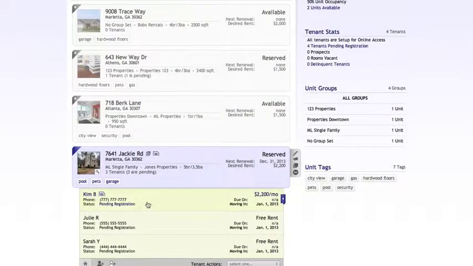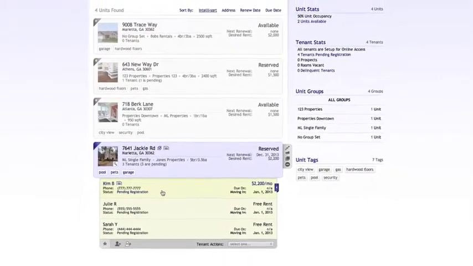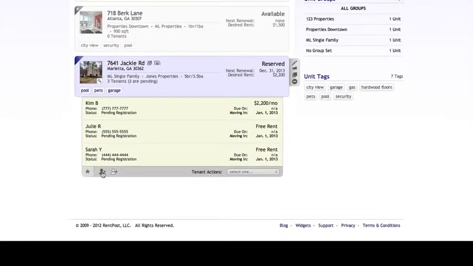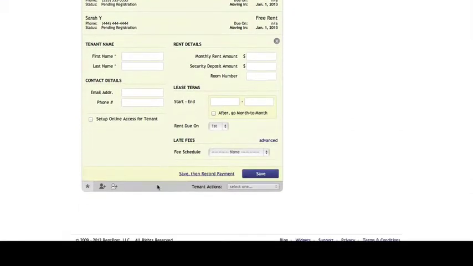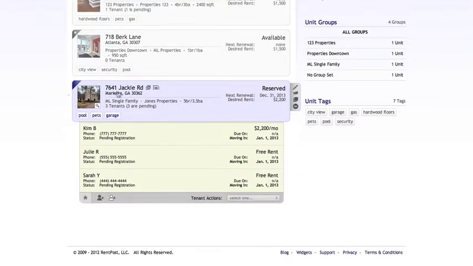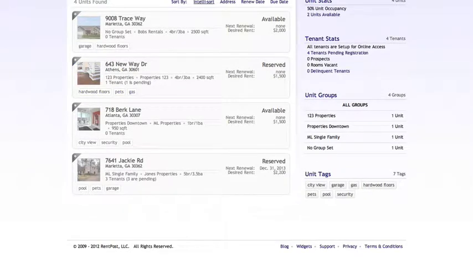Now, say for instance, they added another roommate a little bit later on in time. We can add another roommate really easy. So click here, the tenant guy, and enter in all the tenant information as you did prior to. Pretty simple. Okay, now for the same scenario, there's another way which we can create a possibility of having multiple